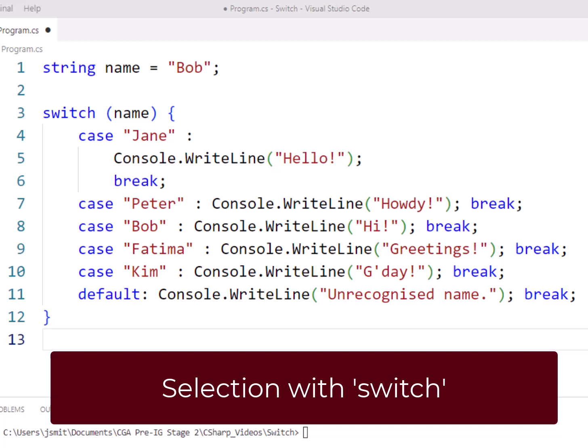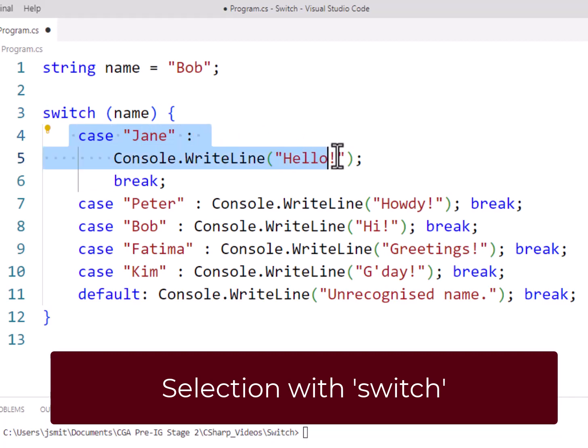In this situation, we've got something called switch. As you can see at line 3, we started off by going switch and then in a set of parentheses, the name of a variable that we wanted to have a look at. You can see in line 1 that I've declared my string variable name and I've assigned it the value Bob. So at line 3, switch name is the equivalent of going, well, go and have a look at the contents of the variable name. And at line 4, this would be the equivalent of, if name contains the value Jane,